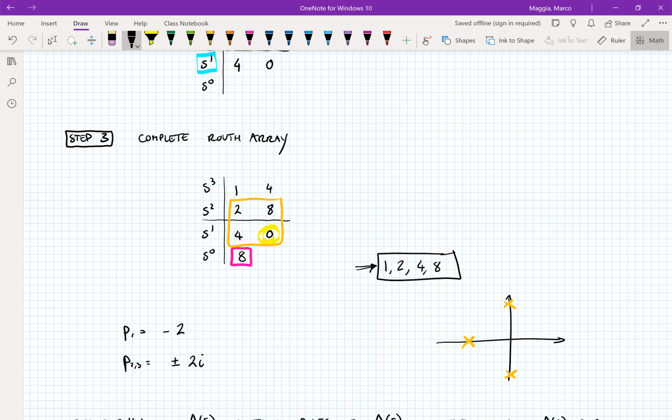Therefore, the system is marginally stable. So it's not properly stable in the asymptotic sense. It still contains the word stable. So some could say, oh, well, it's still stable, but for the definition that I gave you, this is not really stability, but it's just neutral or marginal stability.